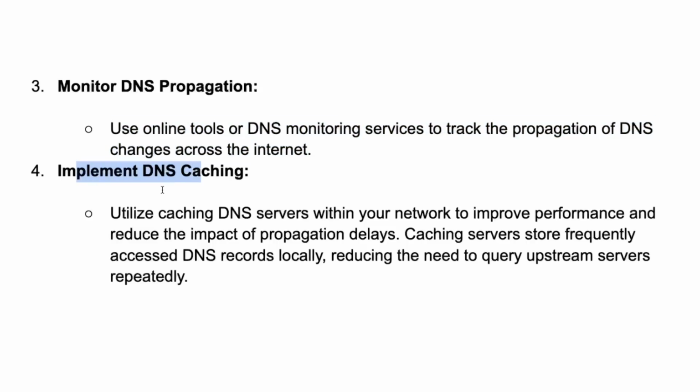The next one would be to implement DNS caching. I think that's how you pronounce that. I always say caching anyways. But essentially, when you use a caching DNS server within your network, it improves performance and reduces the impact of propagation delays, which basically means that there is now going to be a cache of the DNS records on your computer or on your server, instead of, if you can recall what we were looking at with the various levels of domain names,